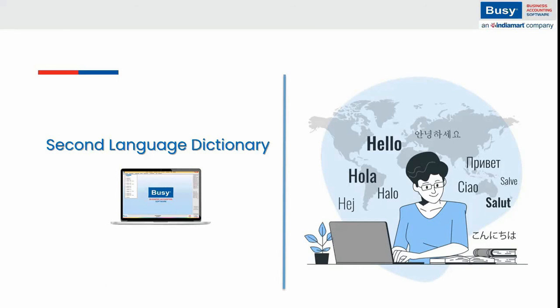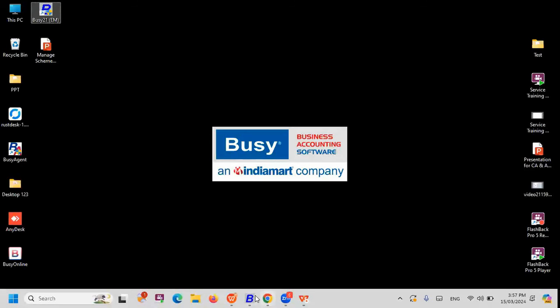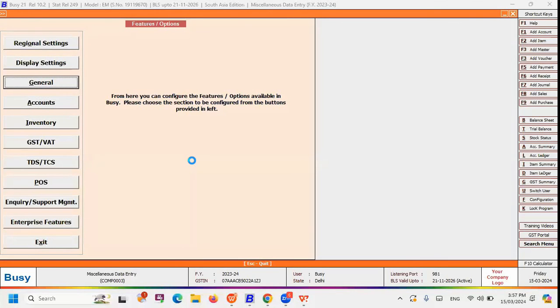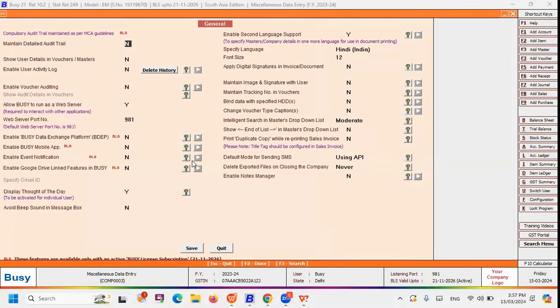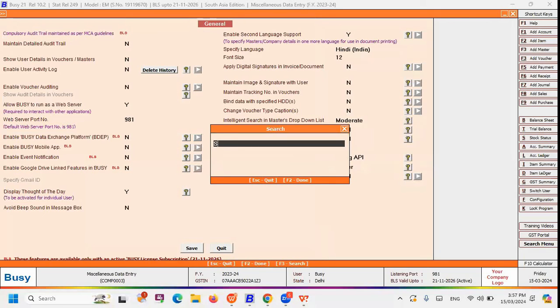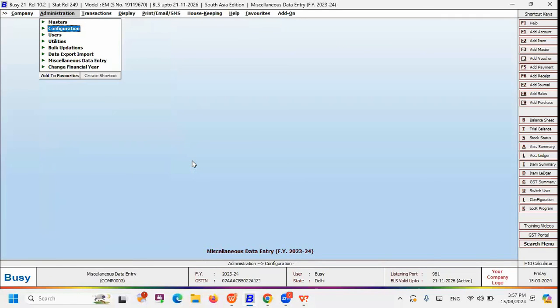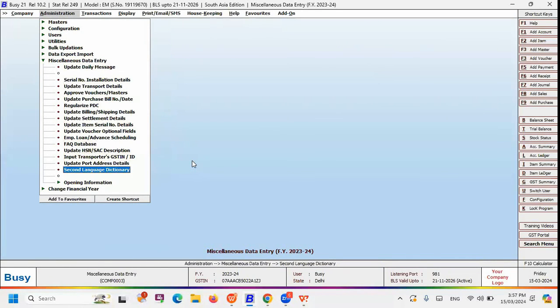Before that, you can ensure that the second language option is already enabled in your PC software. You can check that in the General tab. Under that, you will have a second language option. In my Busy software, it is already enabled. Once you enable that option, you just come here: miscellaneous data entry, second language dictionary,